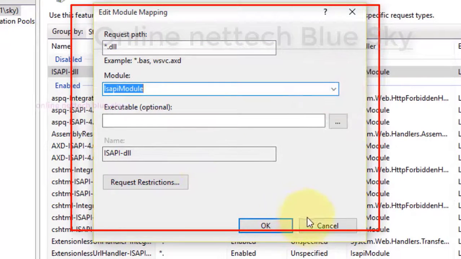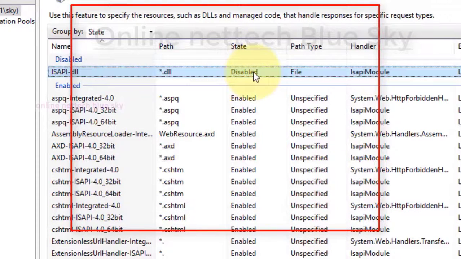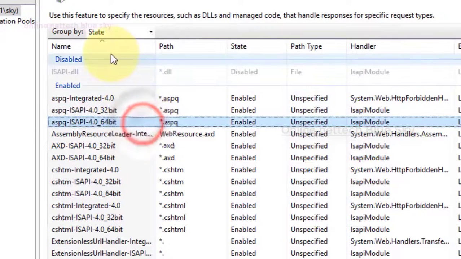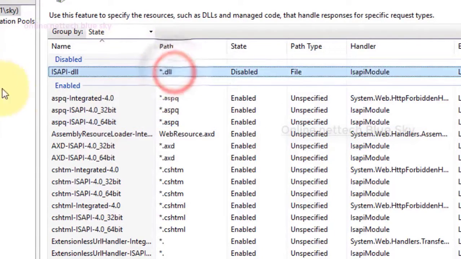You can have multiple different types of save status, and you can enable or disable. I will discuss all of this completely, step by step, in the Windows Server series here.